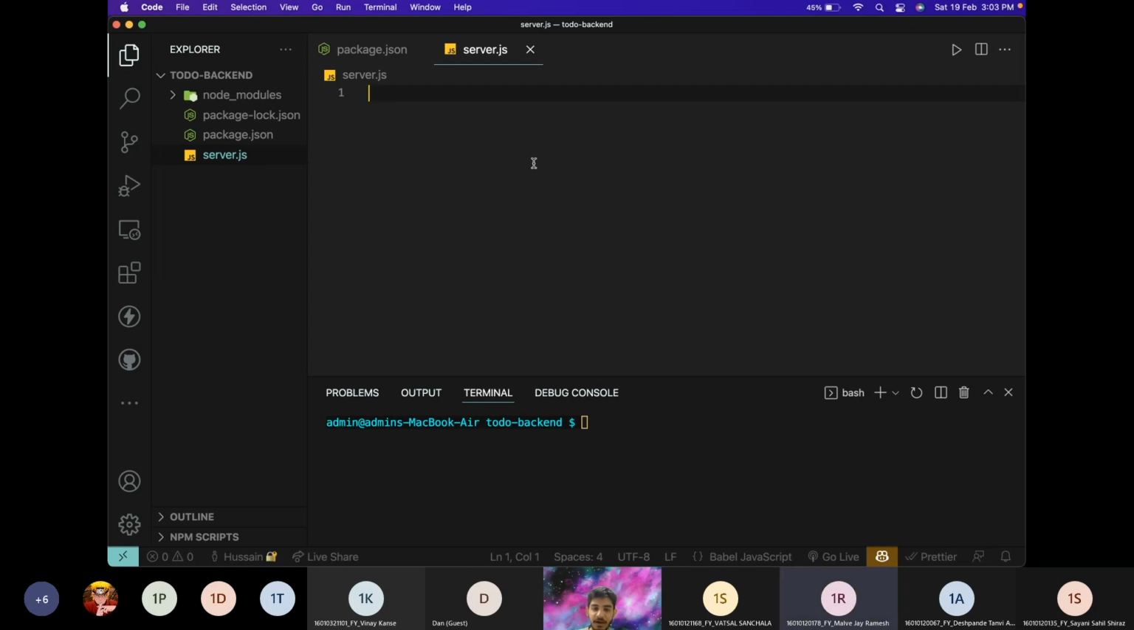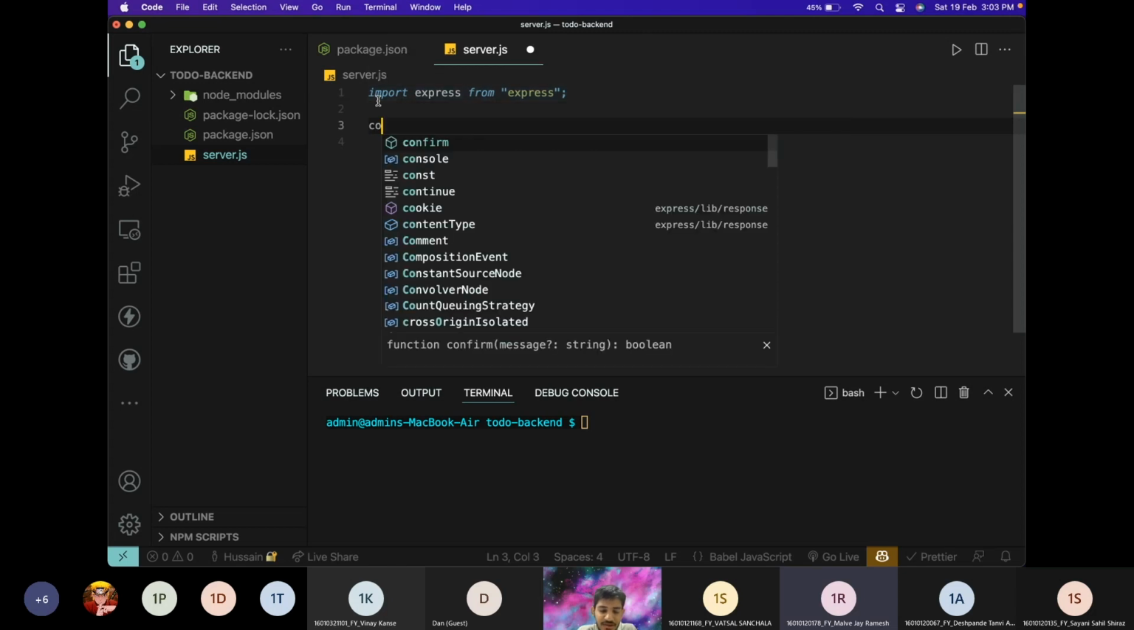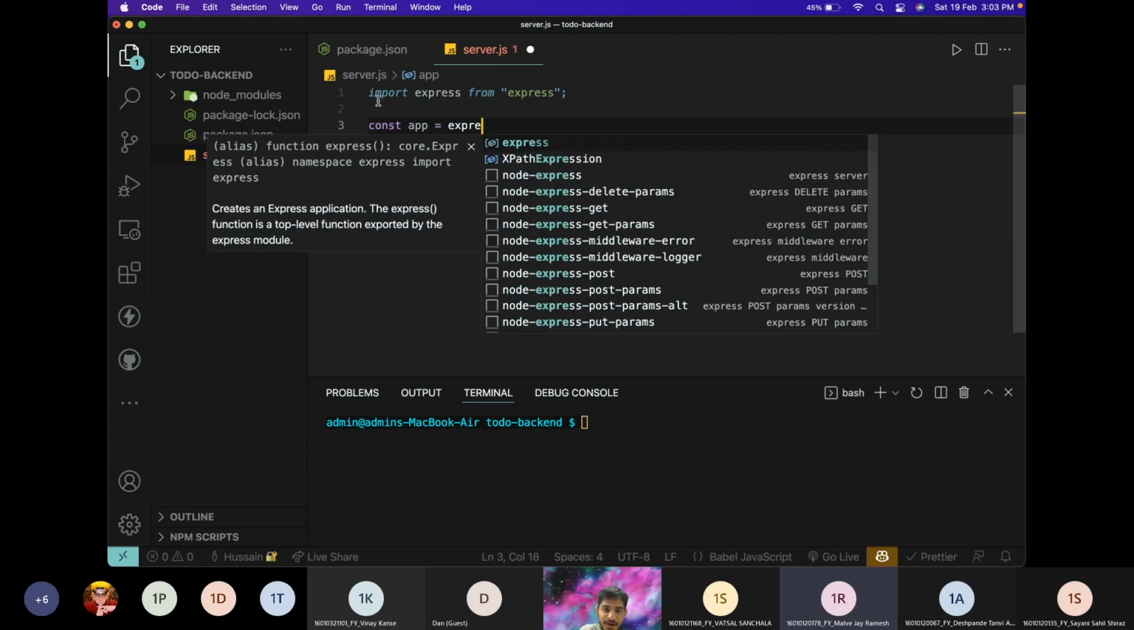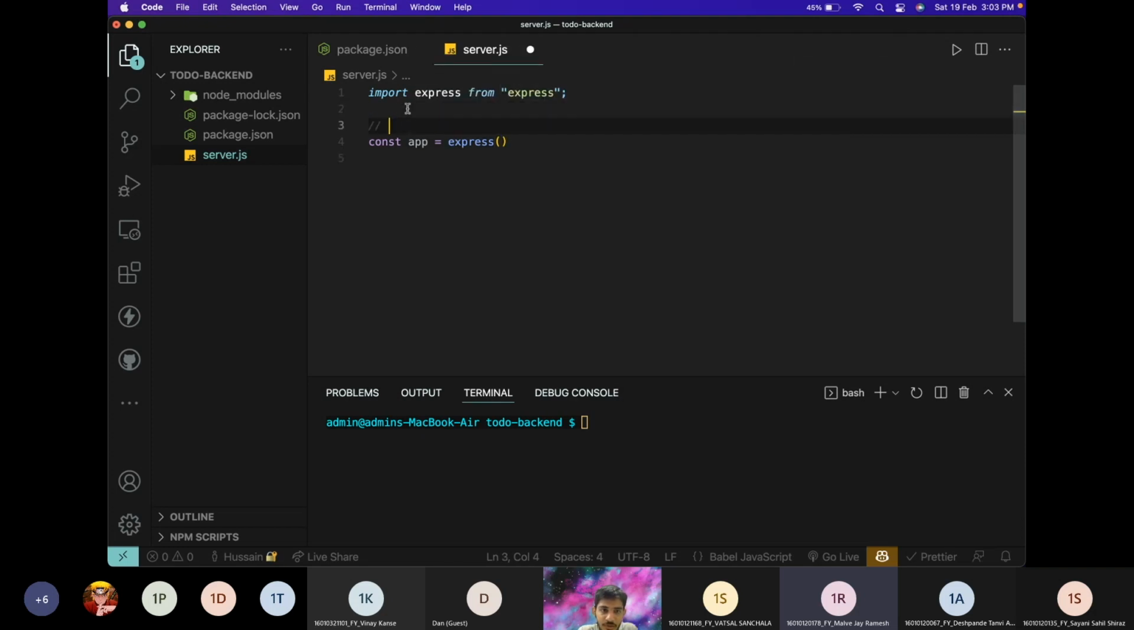Express lets us create our API. So to create our API, let's first import Express from Express, and this Express is a function itself. To instantiate an instance of the Express function, I'll create a variable, call it app, and assign it to this function. So now what this does is